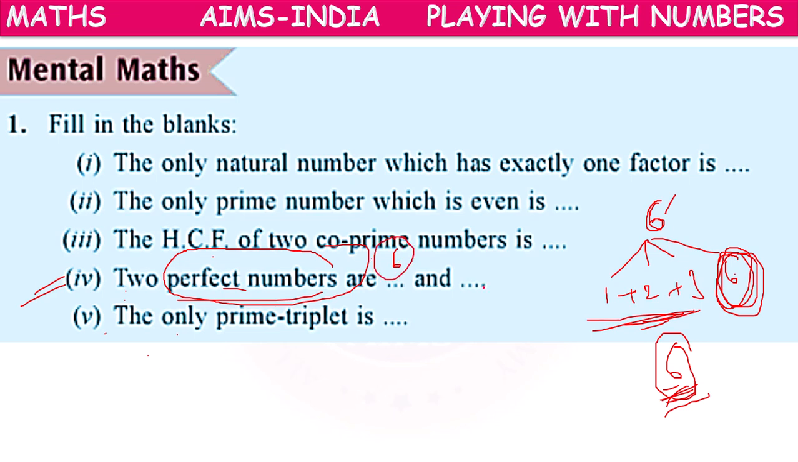In the same way, do this as homework, children. Try to find another number which is a perfect number. So what is a perfect number? If the sum of all its factors excluding itself is equal to the same number, that is called a perfect number. Like that, one number is 6. Another number, you try to find as homework, children. So next,